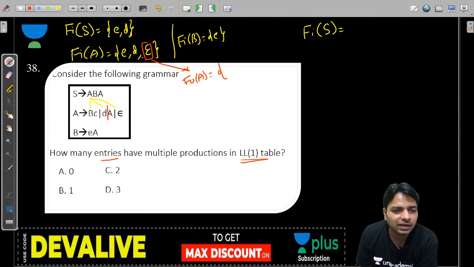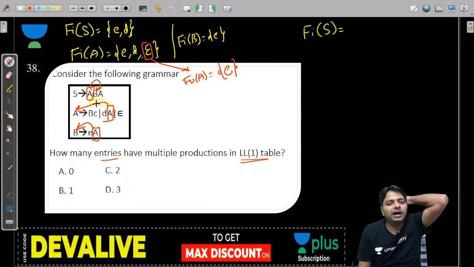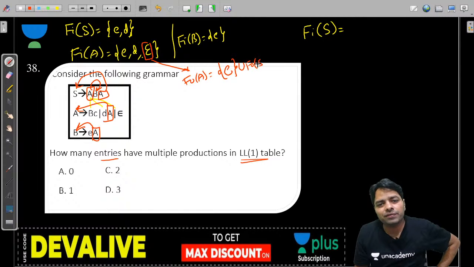So here A is nothing but A, ignore it. A nothing but B, yeah, you have to union. And this A is nothing but first of B. First of B you got E already. And when you take another A, it's nothing but follow of S. So union follow of S, another one follow of B, so many are there. Follow of A I'm not writing.